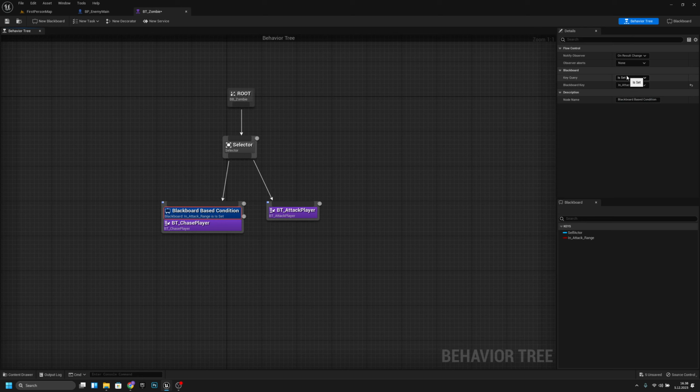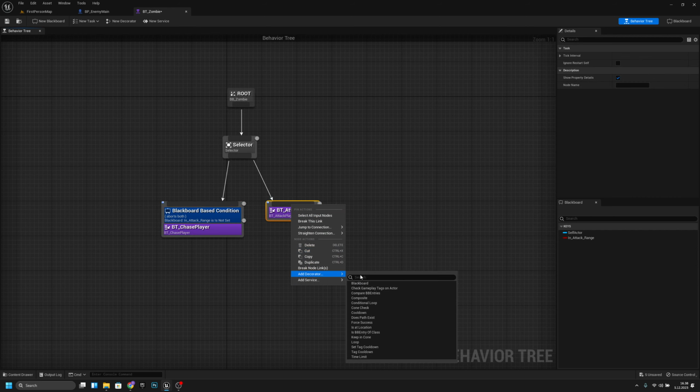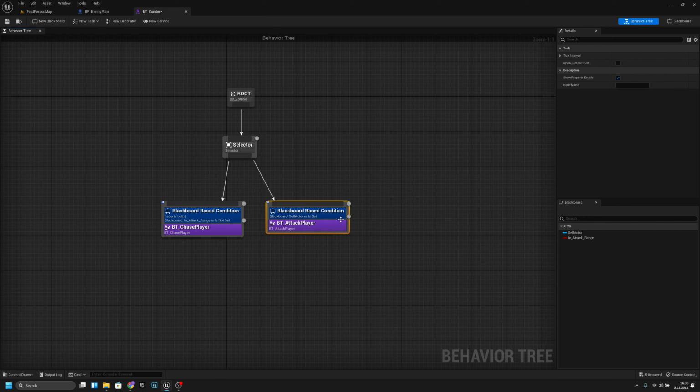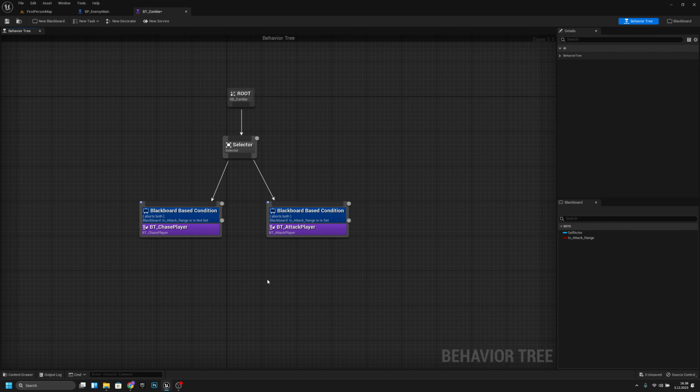Okay, now we want to click this, and now we want to get the in attack range blackboard key, and here chase player we want to set this to is not set like that, and we want to change this to both like that. Now from here we want to also click from this part and add a decorator blackboard like that, and now we want to is set and in attack range, and from here both like that. Now I will actually move this like that. Now I think it should be done,